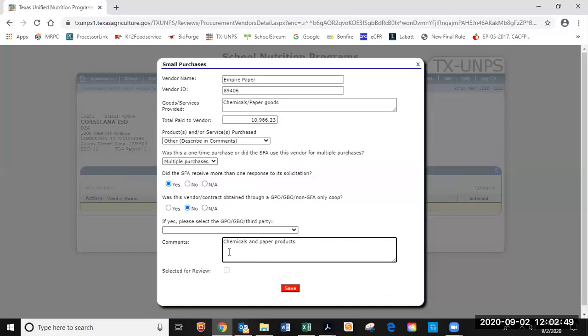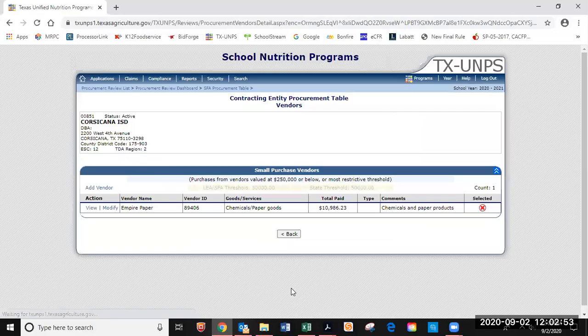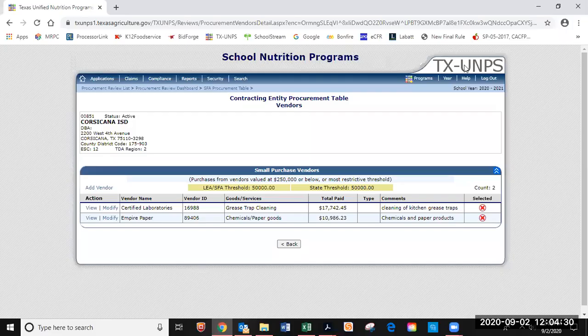Okay, then all you have to do is click on save. And now she has made her first entry in the small purchases. Okay, I'm gonna go ahead and pause the video and let Betty continue entering her small purchase vendors, and we'll be back. Okay, Betty has all her small purchase vendors entered, and as you can see, we have just 2